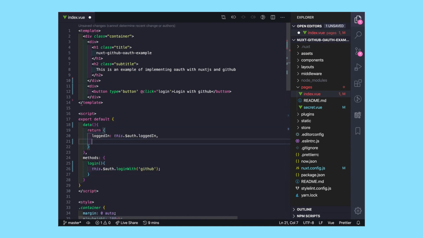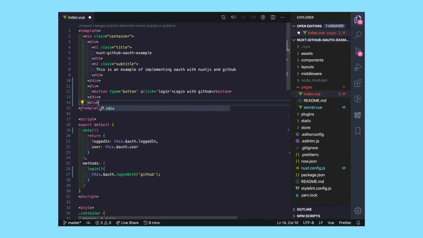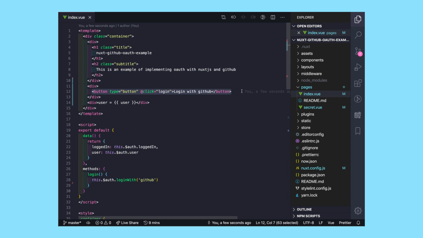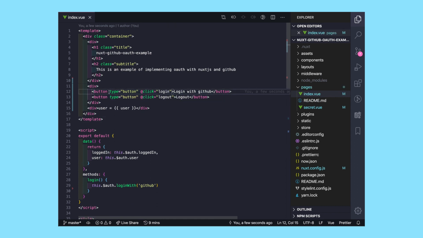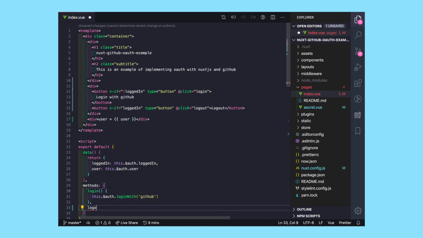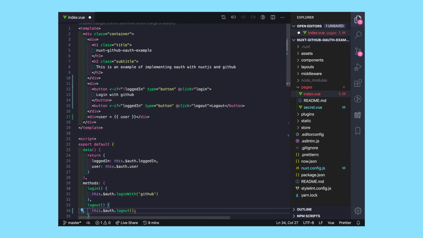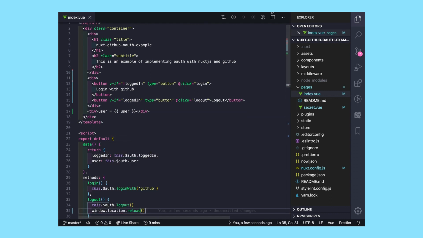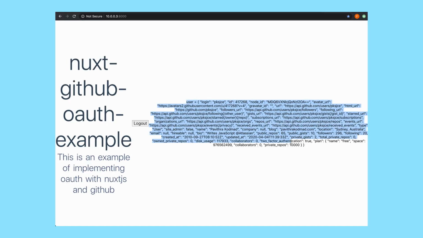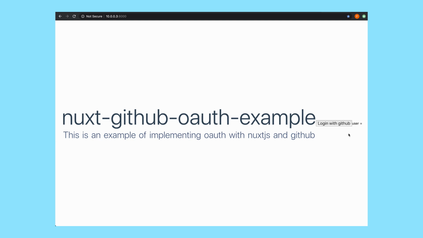As a last step to this whole process, I also wanted to create a logout mechanism. So I created a logout button. When you click the logout button, I called the auth module's logout function. One caveat of this was it would log out in the background and I had to manually reload the page to make sure the new status is reflected on the page. I then went ahead and deployed this whole setup onto now.sh.